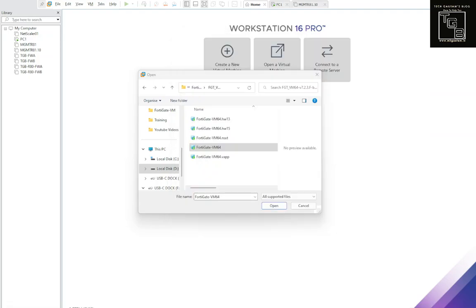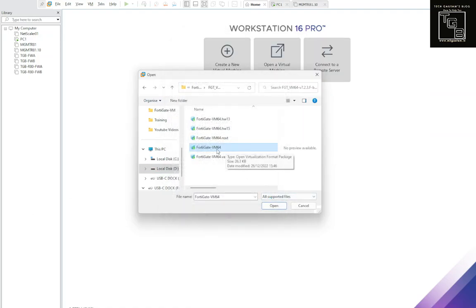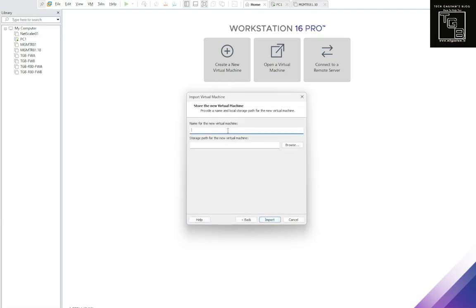Let me go back, and from here I need to click cancel. Here you need to click 64, open. It will ask you for the license agreement. Just click accept, then next. Give the virtual machine name. I will give FortiGate